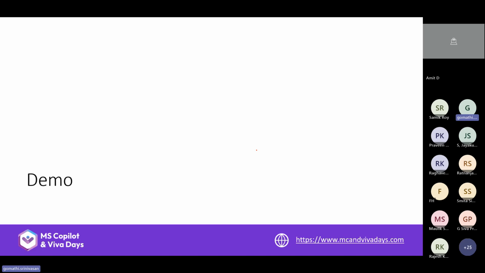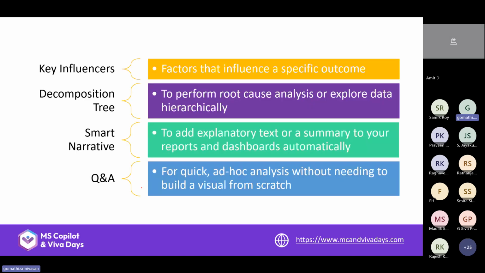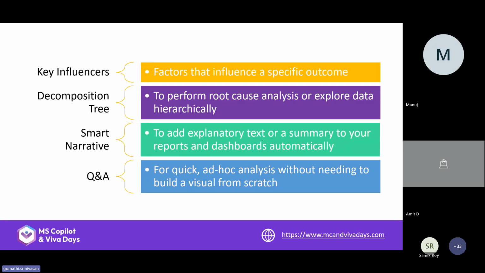So this is all about the data. We have just checked the demo of all these visuals. We should understand when we should use each visual. That is very important. In what scenario do we have to use the visual? If you want to use key influencers, you want to understand the factors that influence a specific outcome. This is, as I have used it, perfect for HR analytics to determine what influences employee satisfaction, or sales data analysis to identify what drives